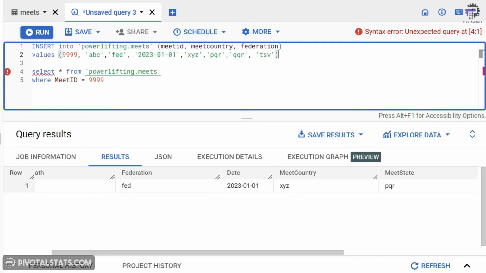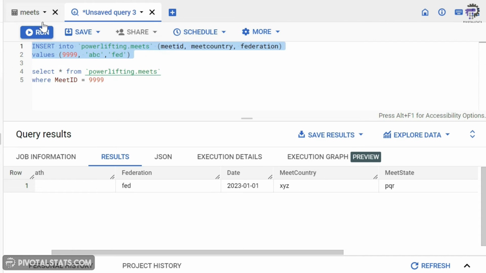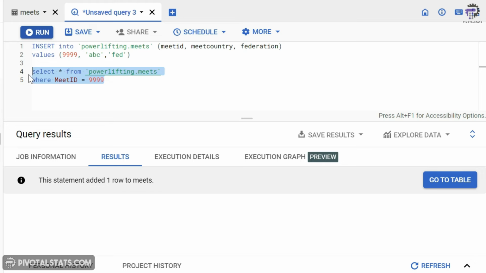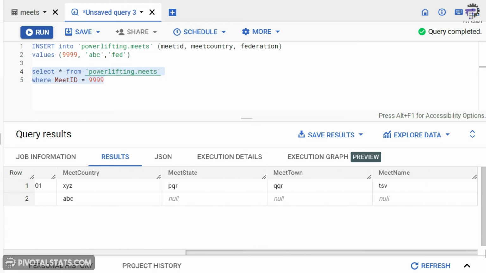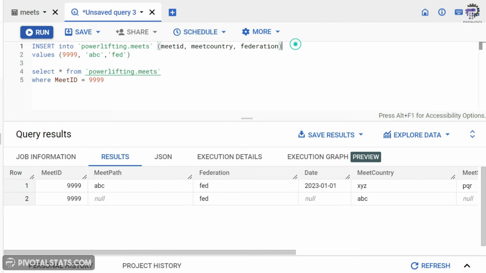So I'm going to remove everything else from here. And I only need 3 values here, which are meet ID, meet country and the federation. And I'm going to just run this query now. Now let's check if it's working fine or not. I'm going to select the below statement and run it. And when I ran the select statement, it is now showing 2 row items because both of them have the same meet ID. But one of them has values only in meet ID, federation and meet country. Remaining all the columns are null